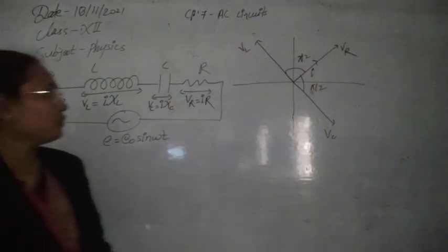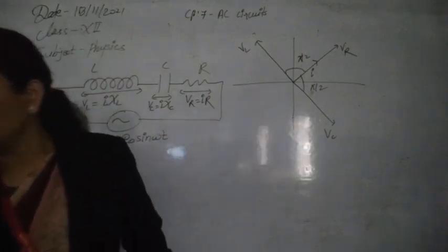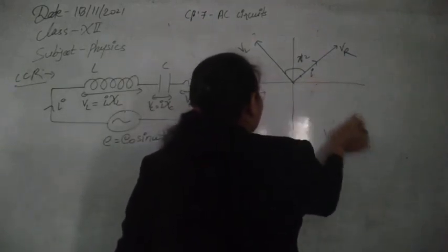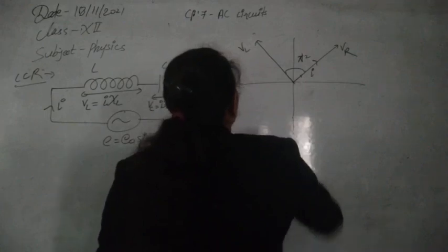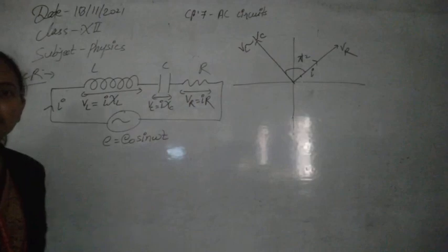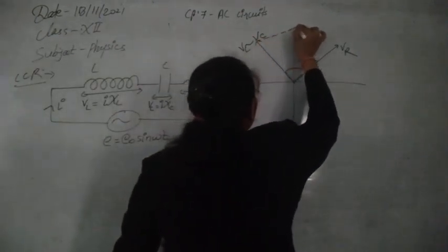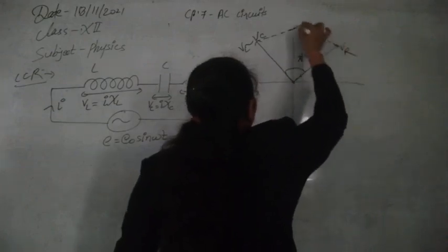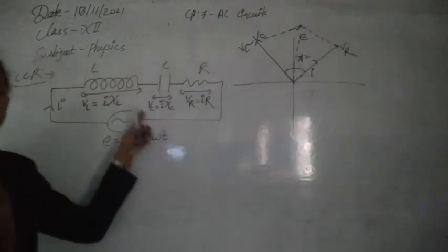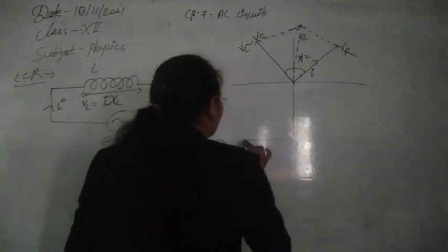In this circuit you can see VL and VC are out of phase, so we can find their resultant. Suppose for finding the resultant we take it in the direction of VL, so that is VL minus VC, depending on whether VL is greater or VC is greater, just like in the AC circuits we have discussed. Their resultant you can take by constructing a parallelogram, and its diagonal gives the resultant of the whole circuit, and that should be equal to E. So now we can find the value of E by the vector law of parallelogram.